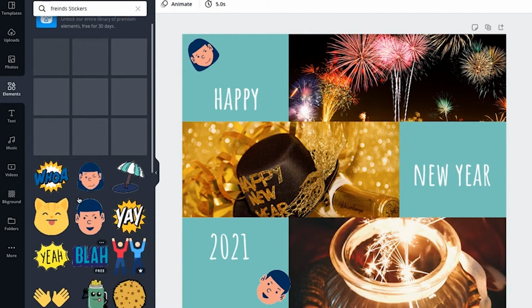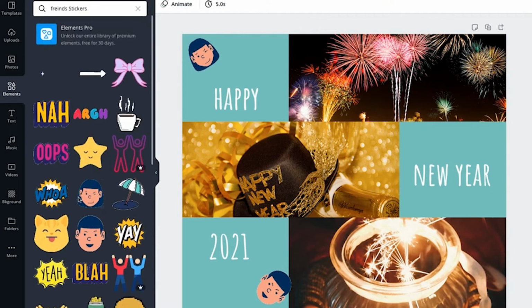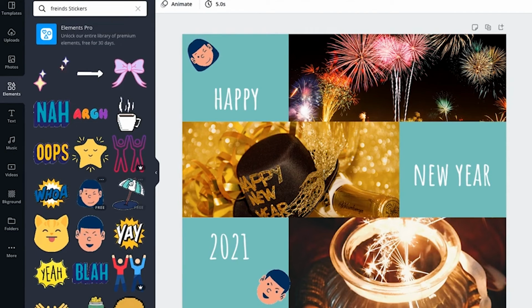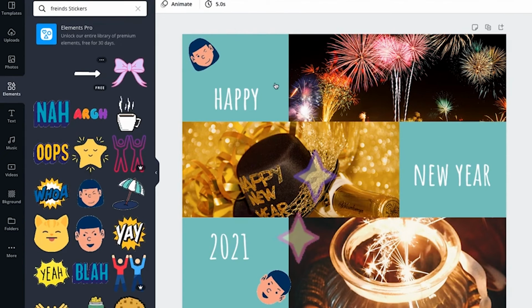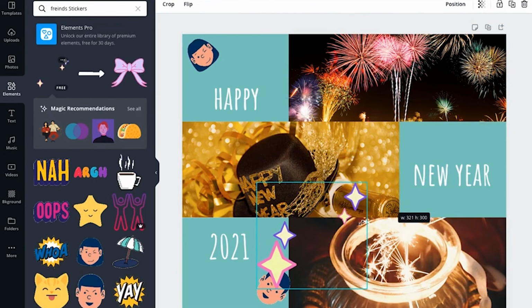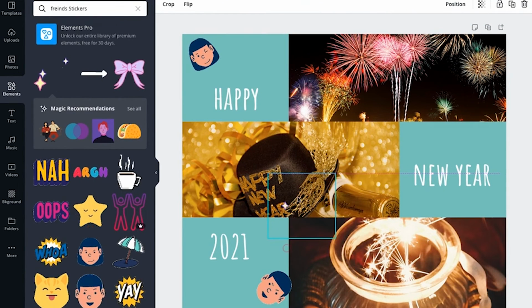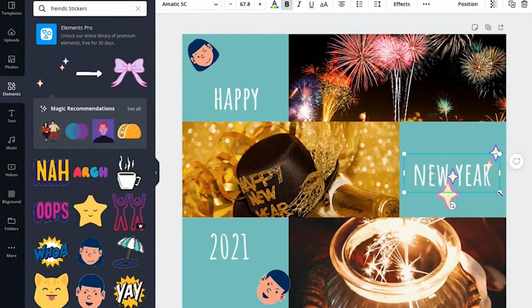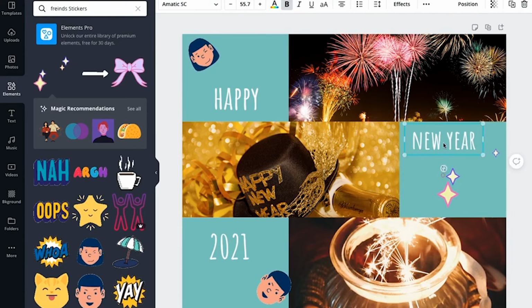So let me just look at the ones that are available here. This is all about your creativity, guys, so you can add whatever you want. I generally like the sparkles a lot, so let me just add the sparkles. I can resize the sparkles so that I can add one element to my New Year text as well, because I don't have anything.